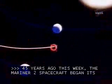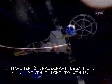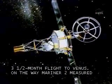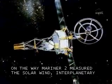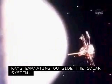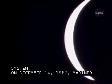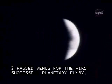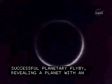45 years ago this week, the Mariner 2 spacecraft began its 3.5-month flight to Venus. On the way, Mariner 2 measured the solar wind, interplanetary dust, solar flares, and cosmic rays emanating outside the solar system. On December 14, 1962, Mariner 2 passed Venus for the first successful planetary flyby, revealing a planet with an extremely hot surface